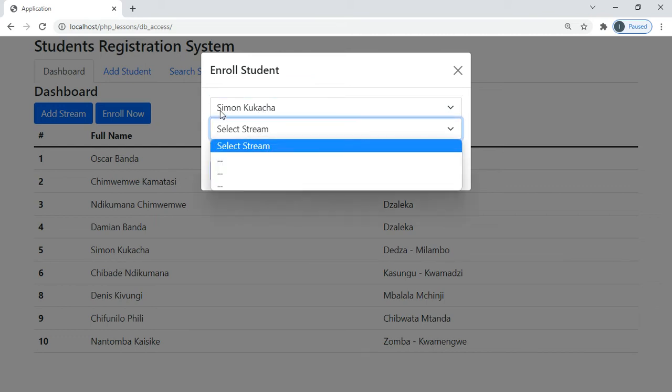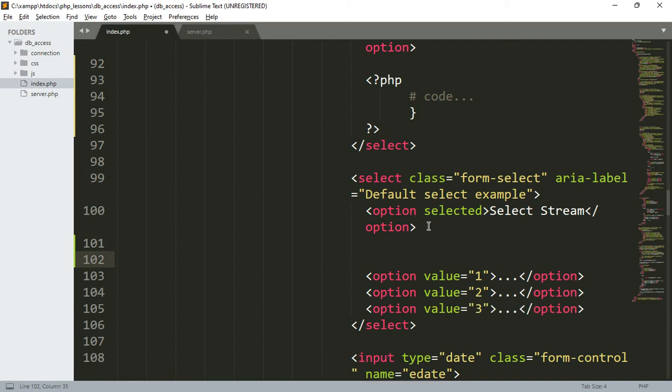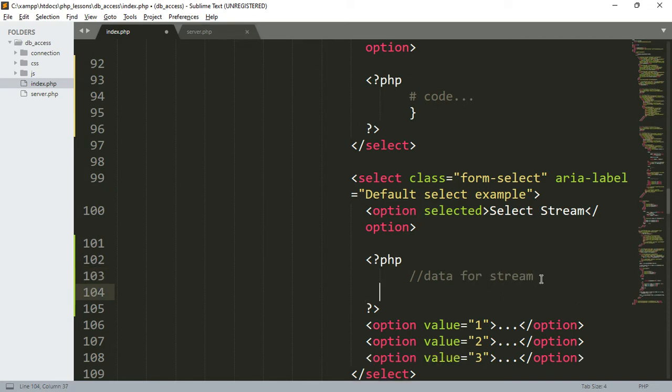We need to do the same here. So we go back to the stream. Also, we do the same. Okay. And here will be, yeah, data for stream. No, this should be data for stream. So that will be our variable name. Okay. Data for stream equals to